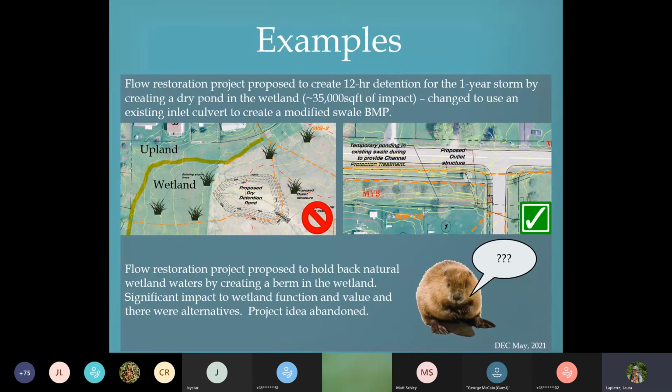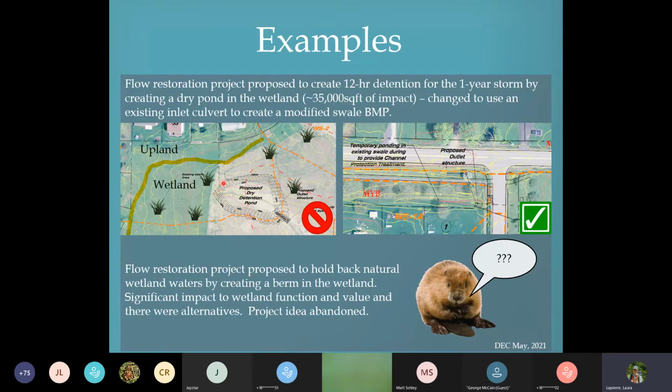So for a couple of examples, this one on the top, you see on this site, there was some hydric soil that was mapped, and the project designer assumed that the wetland area, if any, would be closer to the road and designed a detention pond.